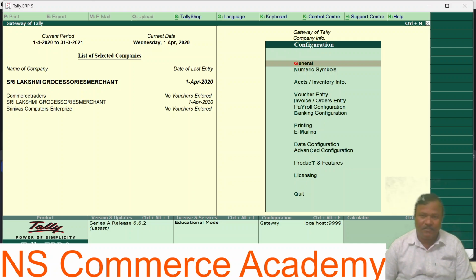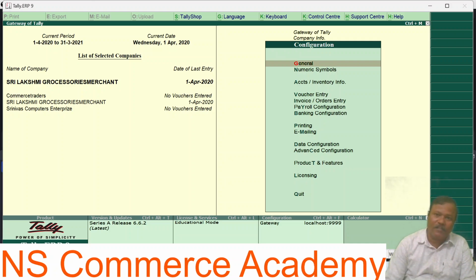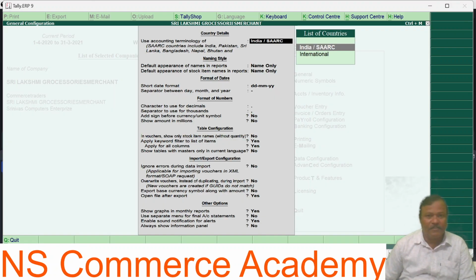So just see how to make the configuration in general. Here in the configuration tab, I am selecting General. Here we have various options, like country details, naming styles, format dates and format numbers, table configuration, imports and exports configuration, and other options.